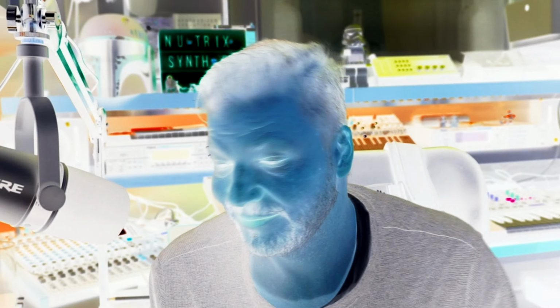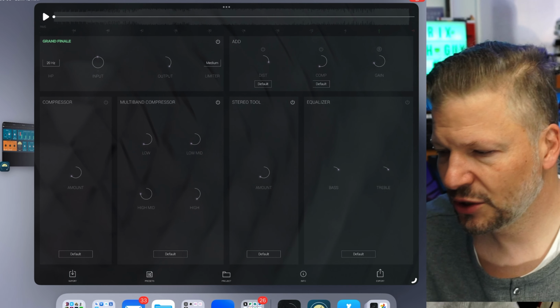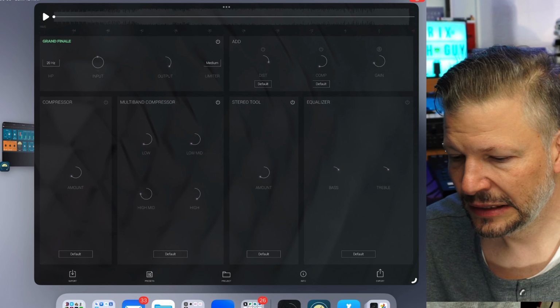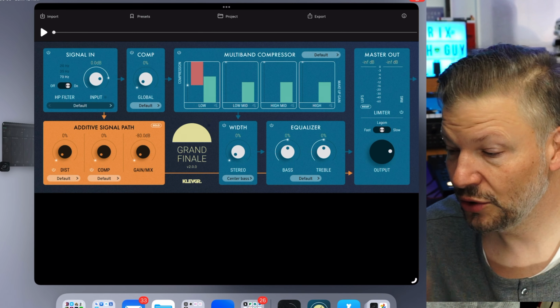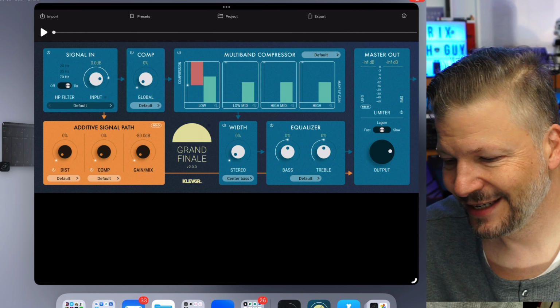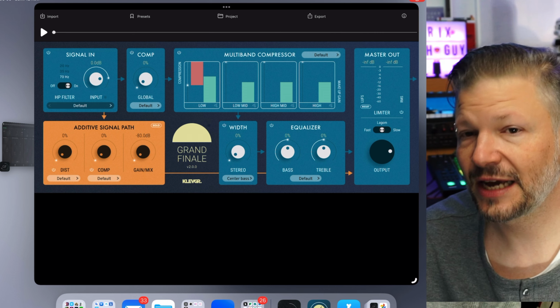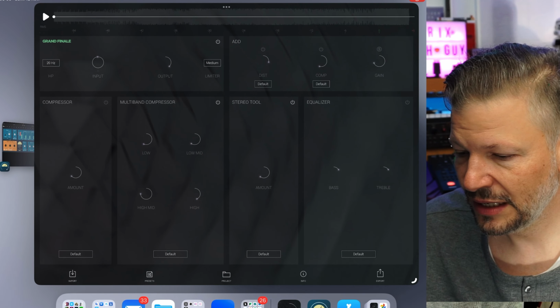So let's actually talk about the new things of Grand Finale and how it's different from the one before. And even if you never used Grand Finale or any mastering plugins before, what this one does. Okay, so let's actually dive in. Just so you know, this is Grand Finale 1, and this is Grand Finale 2. So not exactly the same interface, which is exactly what I'm looking for,